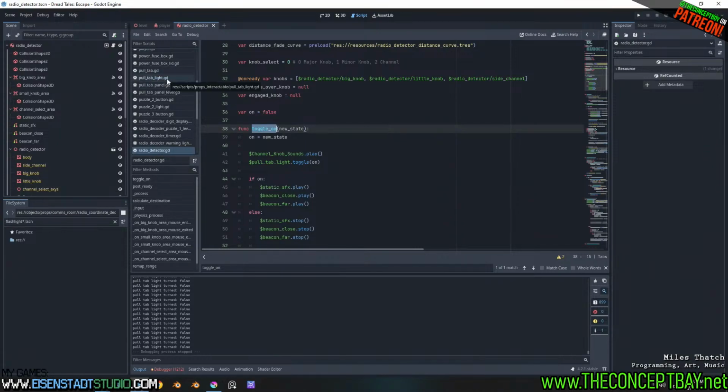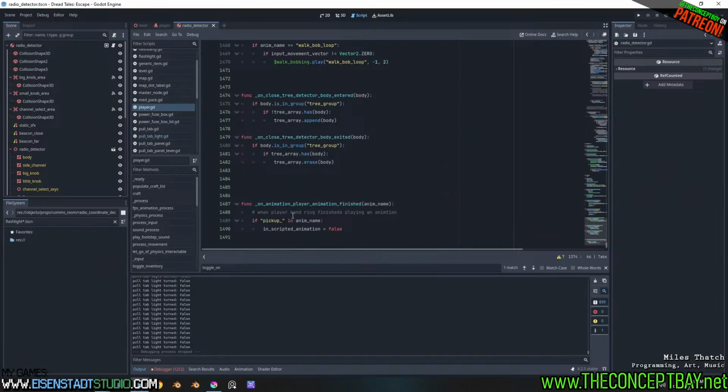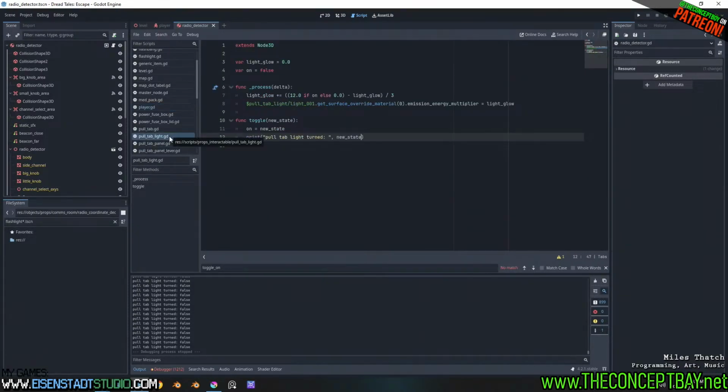Okay. So is the player constantly calling it? It should not. This is weird. Oh, we have other pull tabs in the level besides this one. That's why. And they're all constantly being called too, so we might want to deal with that. I kind of knew that was going to be happening, but